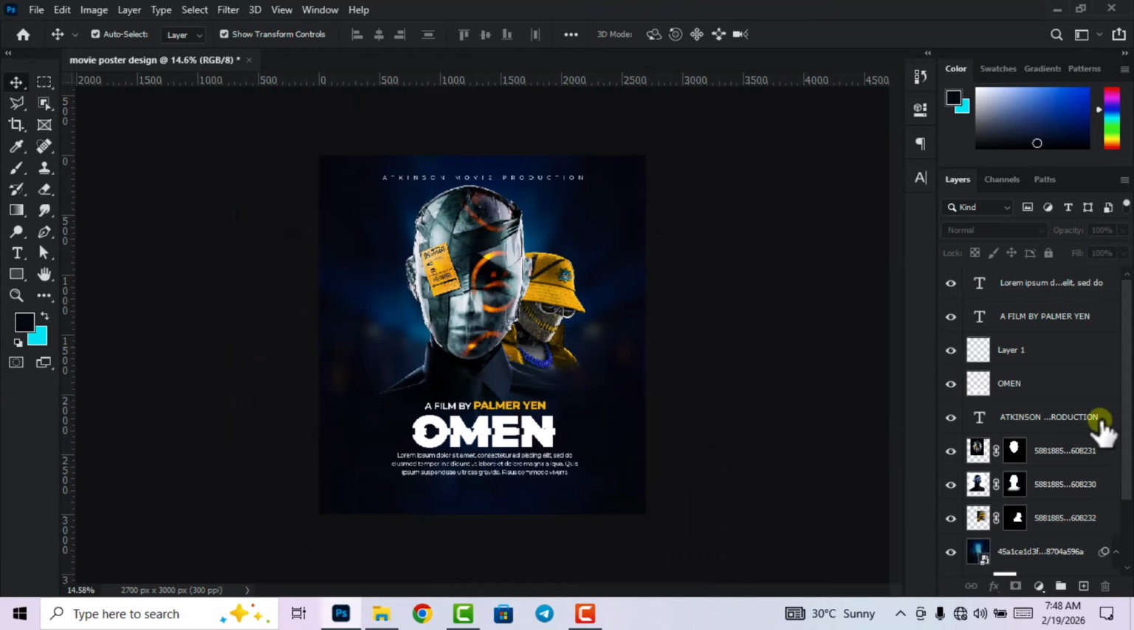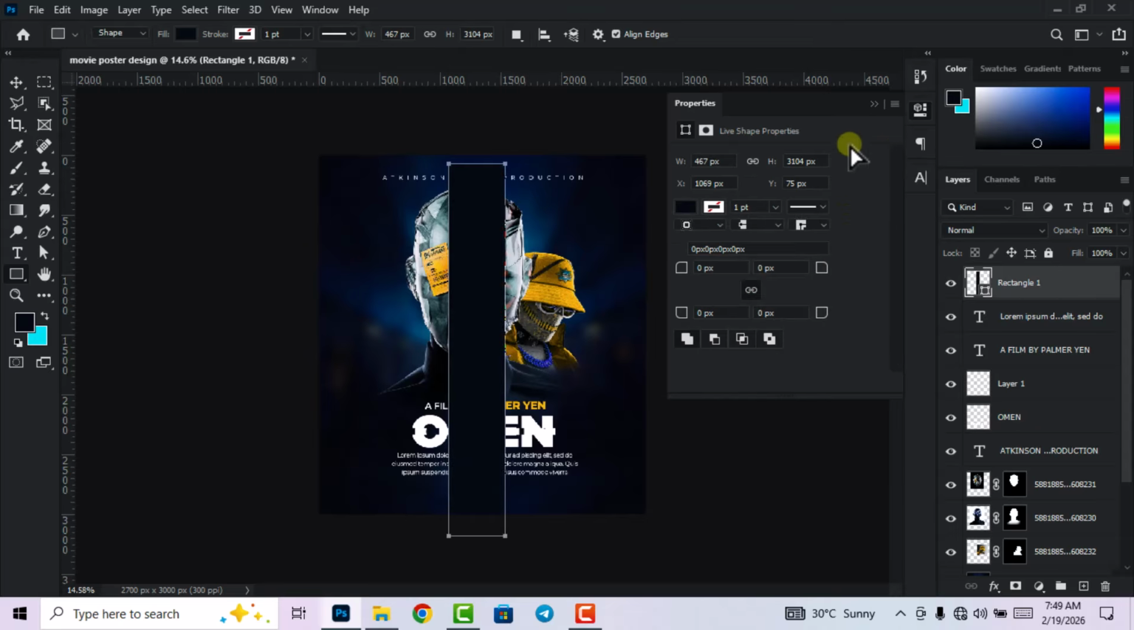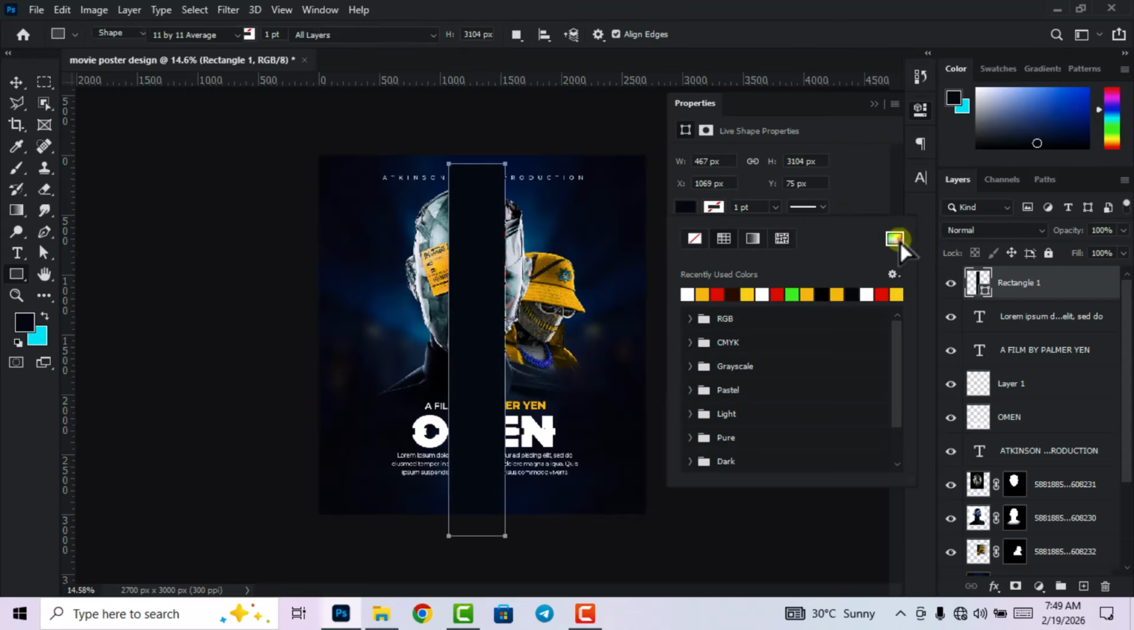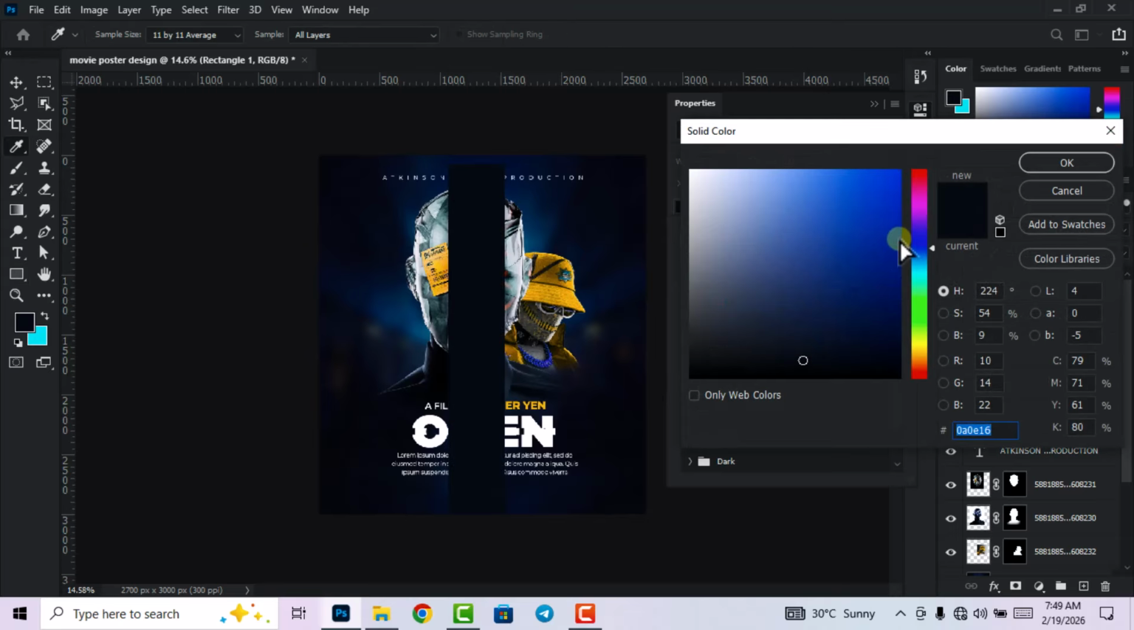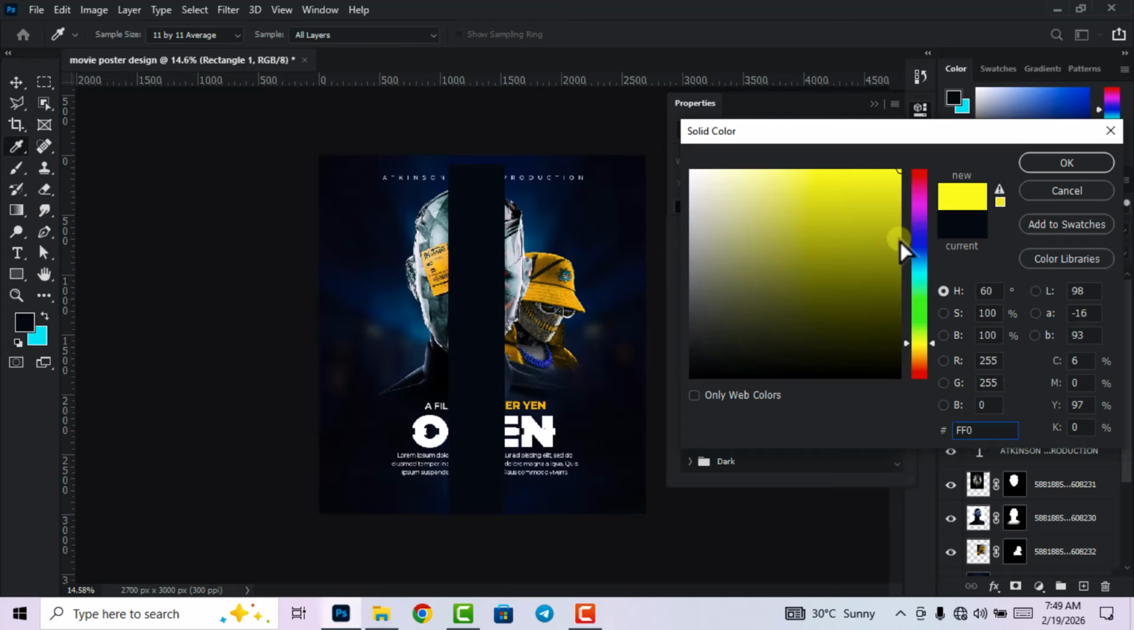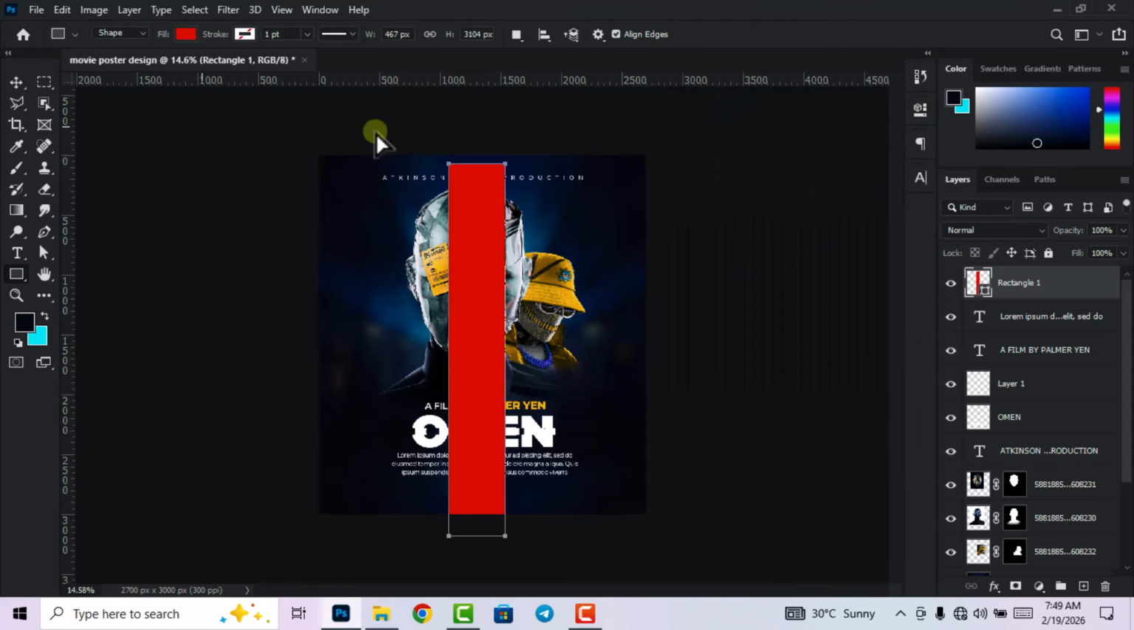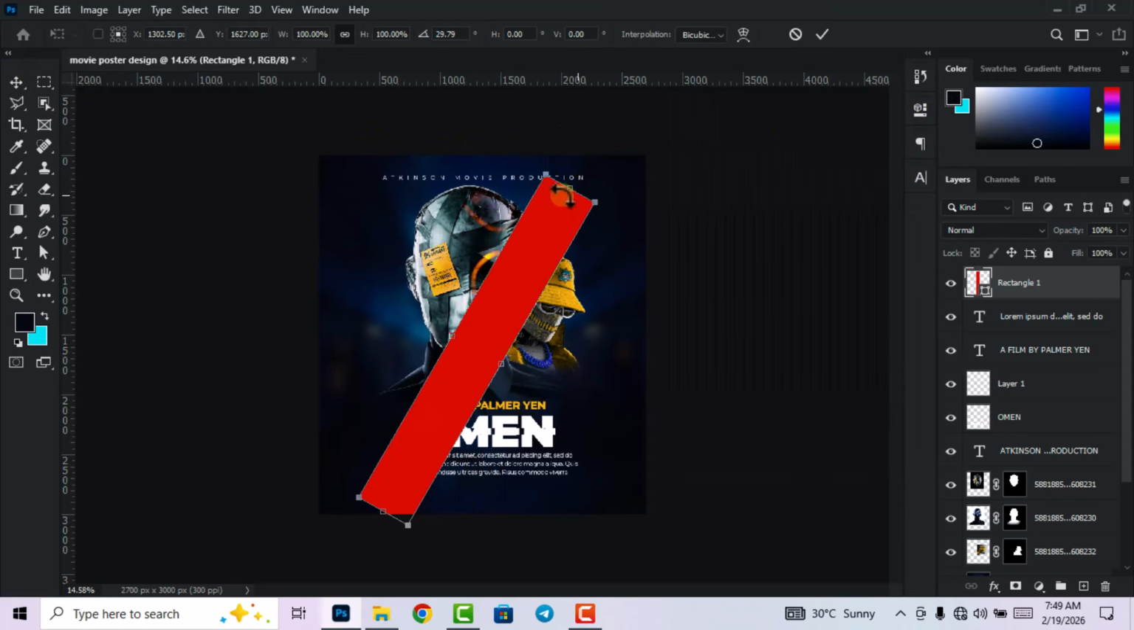Alright, and then lastly, I'm going to grab my rectangle tool from the shapes and then draw a rectangle shape like this, straight. Right, good. Now I'm going to change the color. So this is the color code that we are using, FF0000, and I'm going to click on OK. Good. Then I'm going to adjust it like this,